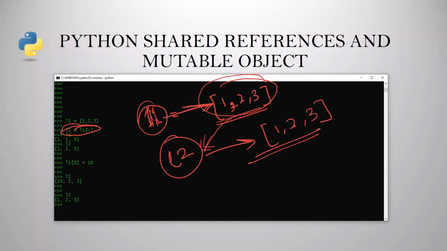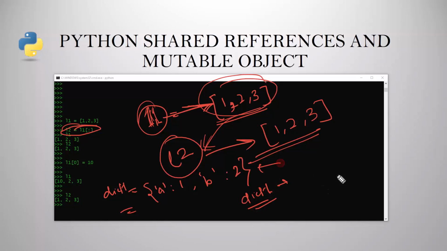Order of items means, if you create a dict object and print dict1, the first time it may print the same, or sometimes it may print in a different order.